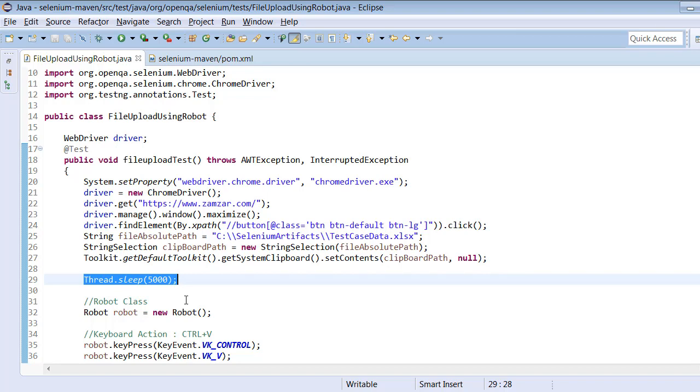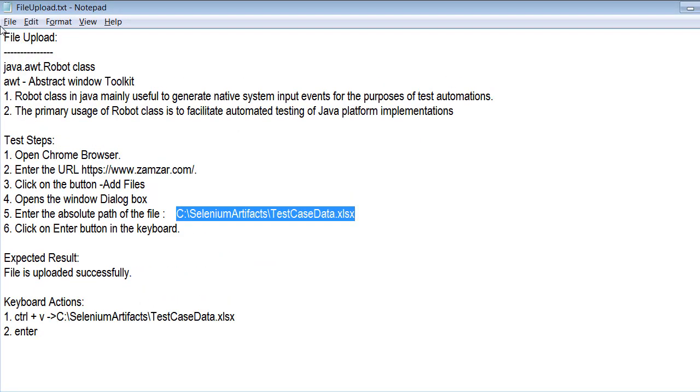So sometimes even though we write a program, if you don't add the necessary timeouts, the program will not execute successfully. This program is very easy, can be achieved using the robot class very easily, and the steps are already available. If you go through the steps and the logic, this concept will be very easy to understand, and you can even extend this logic for any website. Only thing is we need to list down what are the keyboard actions we are performing.